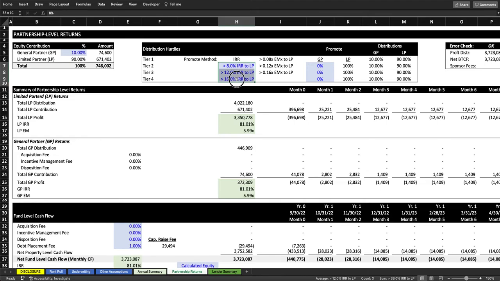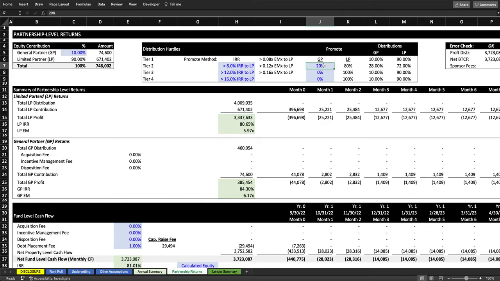So these IRR hurdles say that if the project generates, let's say, in excess of 8% IRR, between 8% and 12% IRR, this should be IRR, not equity multiple. We can fix that. So if the project generates between 8% IRR and, let's say, 12% IRR, then the general partner gets an incentive. Let's say the promote in that case is 20%. So based on the fact that the GP is bringing 10% equity to the table with a 20% promote,